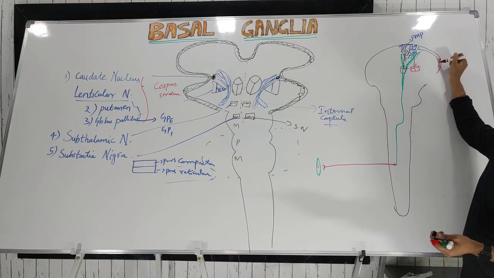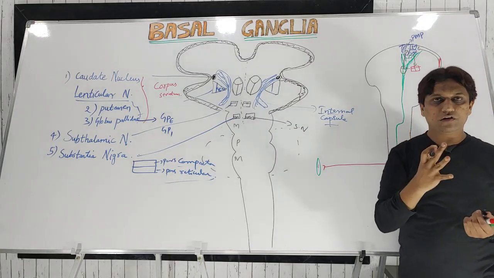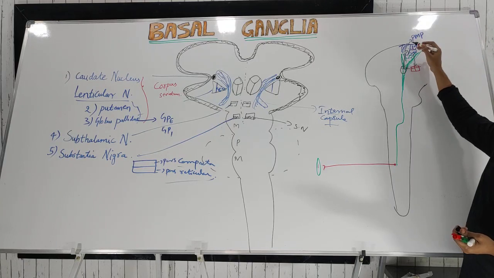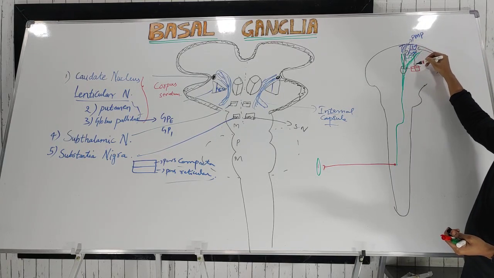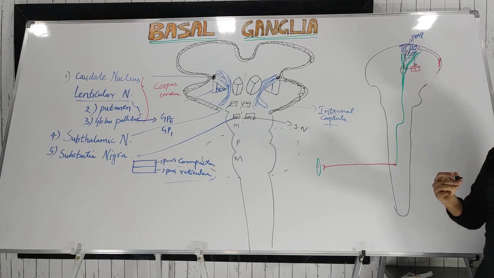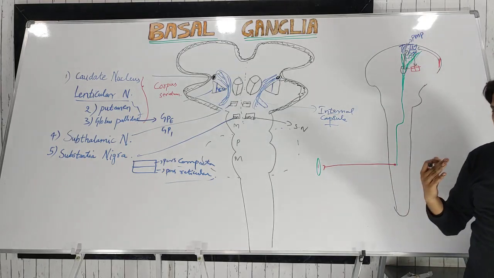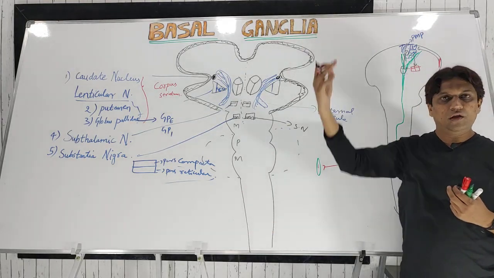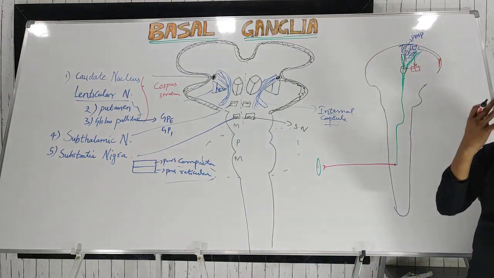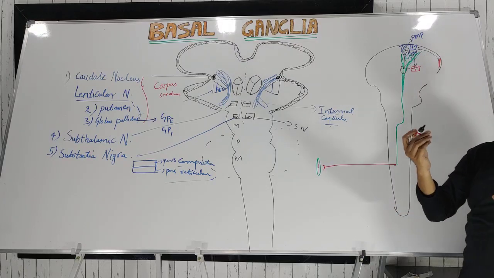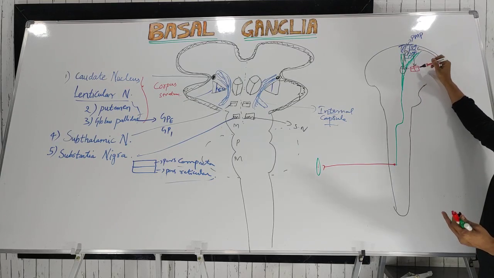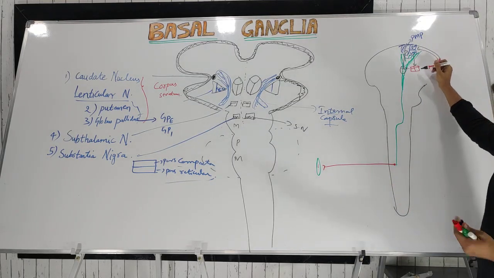Okay, hope you understand this circuit. That is, from the prefrontal cortex the idea originates, and the idea will go to the motor cortex. Then from the motor cortex we send the signal to the basal ganglia, and again all this planning and programming, that is timing and scaling of intensity. I gave the example of raising my hand: how much I should raise it, how fast I should raise it. All this planning will be done, initiation of movements, when to stop, and how to modulate the movements. We'll discuss these motor movements in the functions also, what exactly the basal ganglia will do.